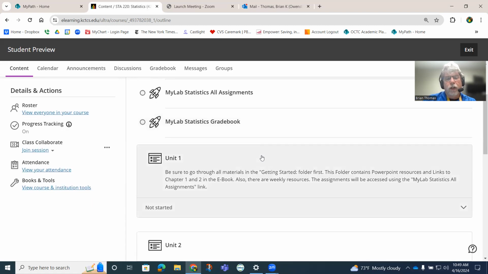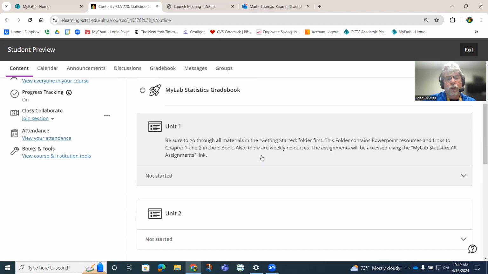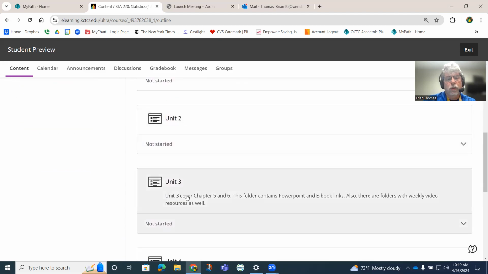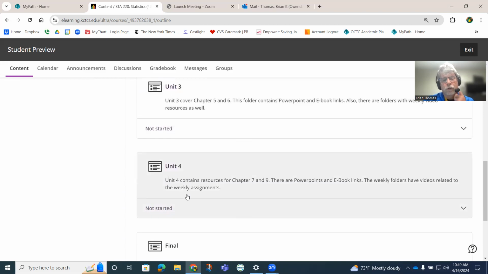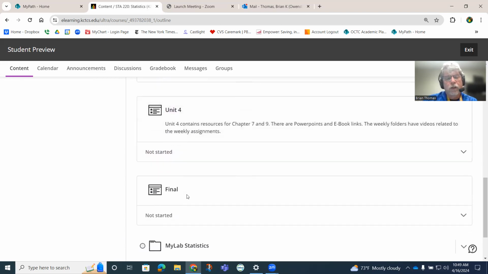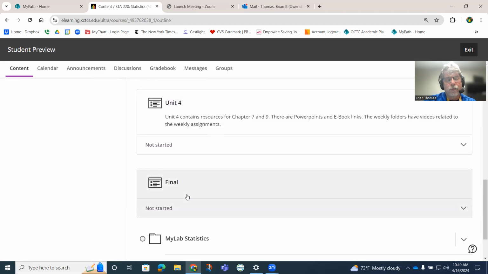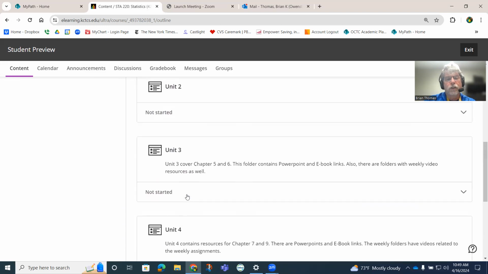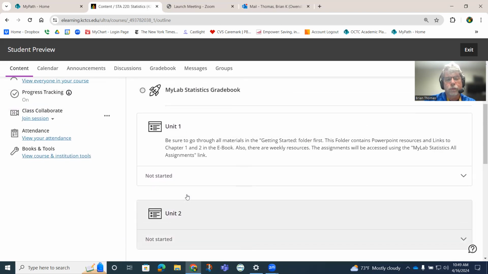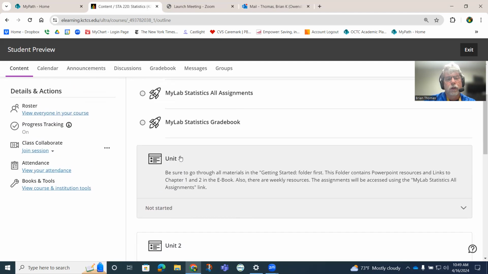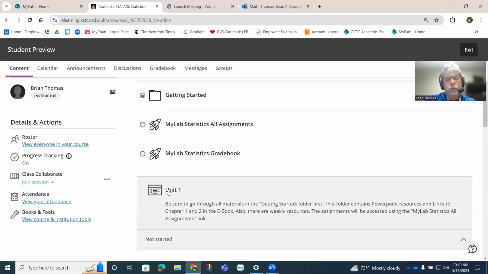As far as the layout of the class goes, it's broken up into modules. So Unit 1, Unit 2, Unit 3, Unit 4, that's where the coursework is. And in this course, we do have a final as well. These modules are the main areas you'll work in, and they will guide you through the actual resource materials. So if we open up Unit 1,